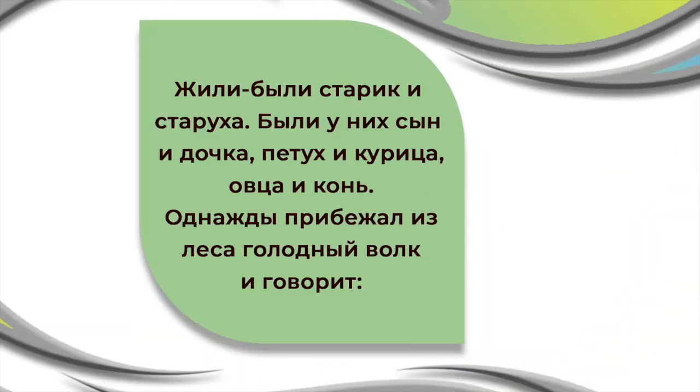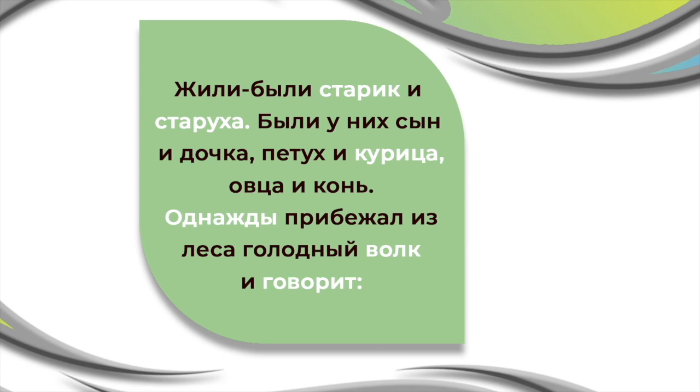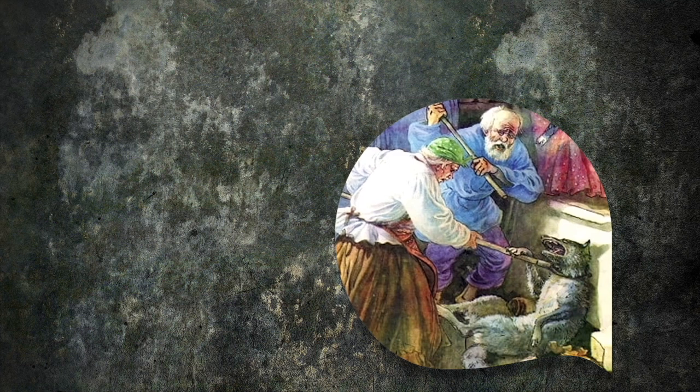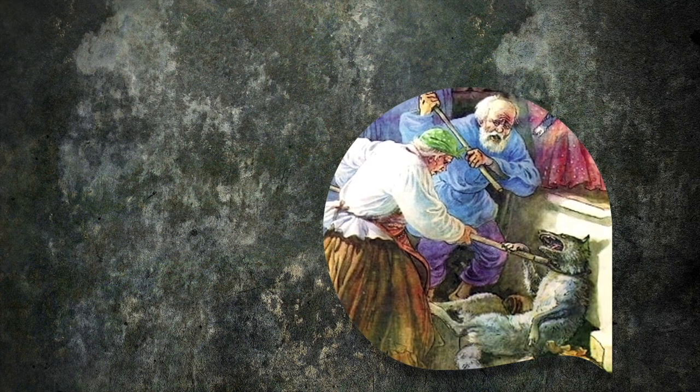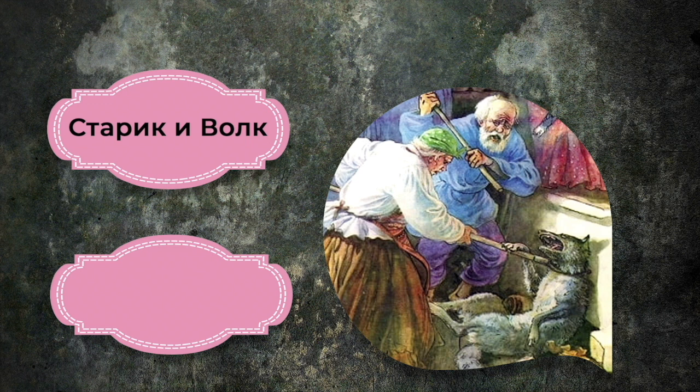The objective of this module is to make you understand the basics of Russian language through the text as teaching tool. We will be discussing a specific text in each module so that you gradually learn the basics of Russian easily in an interesting way. In this module, we will read and discuss the Russian folk story titled Starik i Volk. In English, it means The Old Man and Wolf.